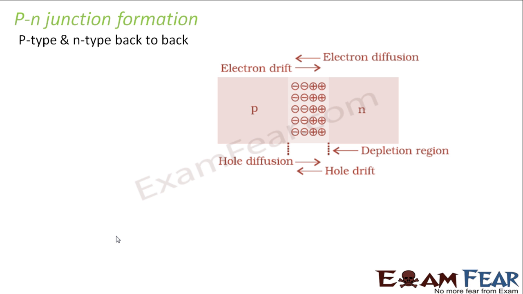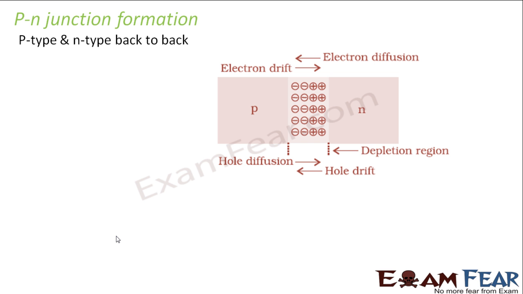PN junction is like the building block of semiconductor devices. So you should understand this concept of PN junction very clearly, because on this concept itself you build everything else. When we talk of diodes, when we talk of transistors, those were the things I showed you in the introduction slide, on why we are studying this lesson. If you understand this PN junction, you'll be able to understand those things very easily. So a P-type and an N-type semiconductor connected back to back give rise to a PN junction.